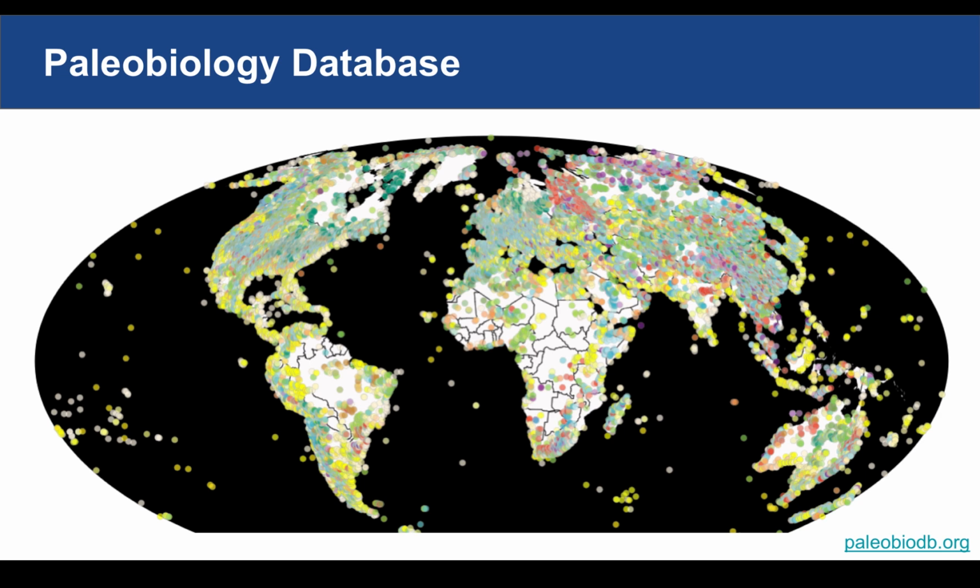And the colours of these dots represent geologic time as well. So you can see there's some good coverage, but also variable coverage, both in terms of time and space, and there's still some white you can see in there, gaps where either we don't have data entered yet, or there just haven't been fossil collections from those places. So you can imagine why the interior of Greenland is white, for example. But I should also say that we're now up to 420,000 taxa entered in the database, so there's a lot in there, but it still definitely requires more to be more complete, and it depends on the group you're looking at as to how complete things are.